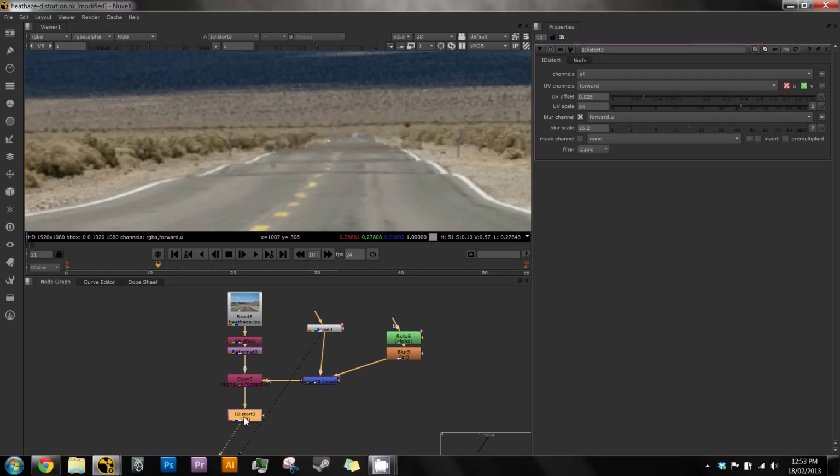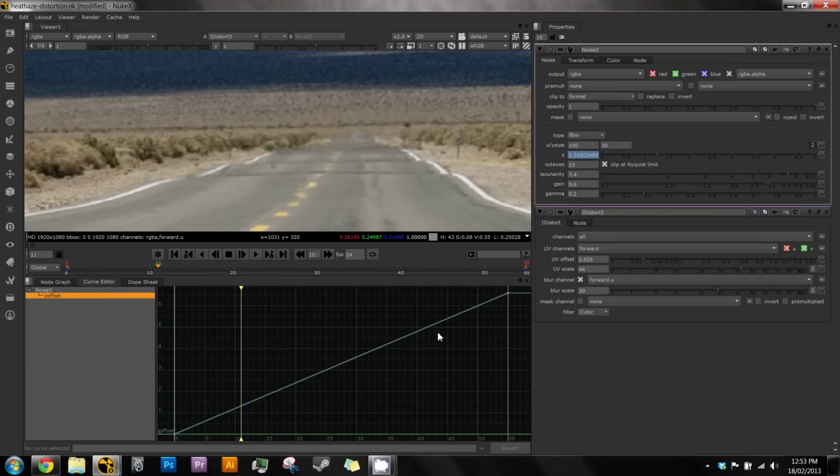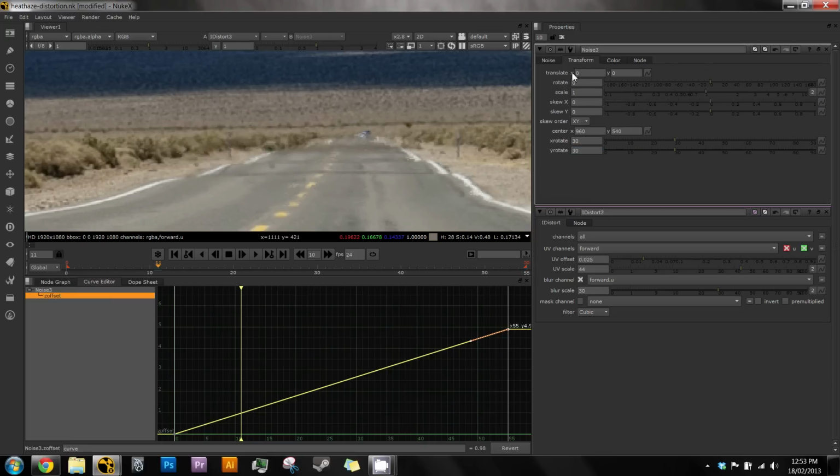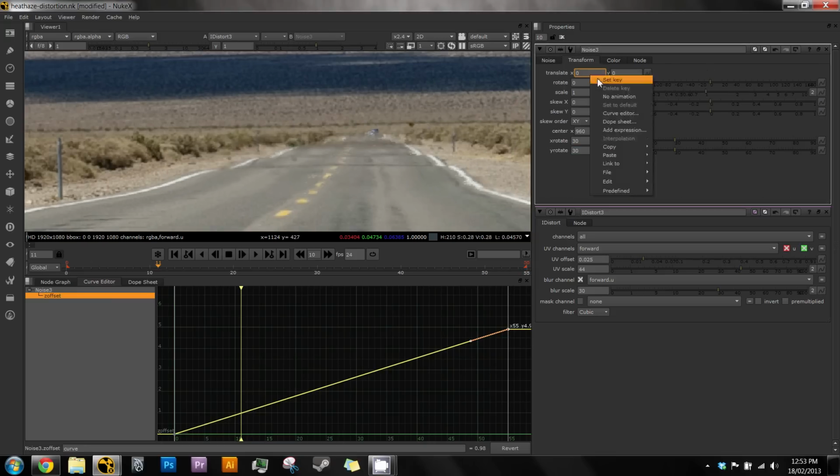Like I said, a lot of this is just playing around and trying to figure out what works best for your situation, but I probably have to slow this down a little bit. What we can also do in the noise is, if we wanted to add some sort of wind effects, we can set